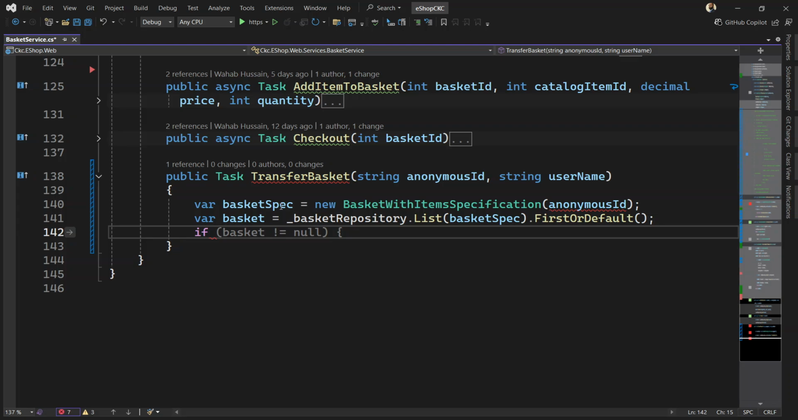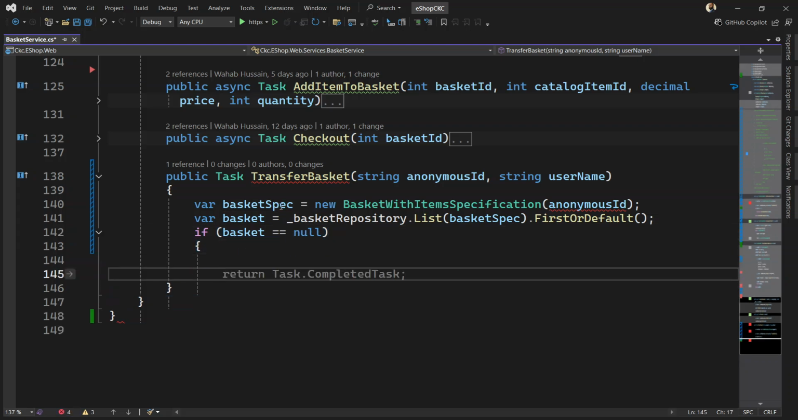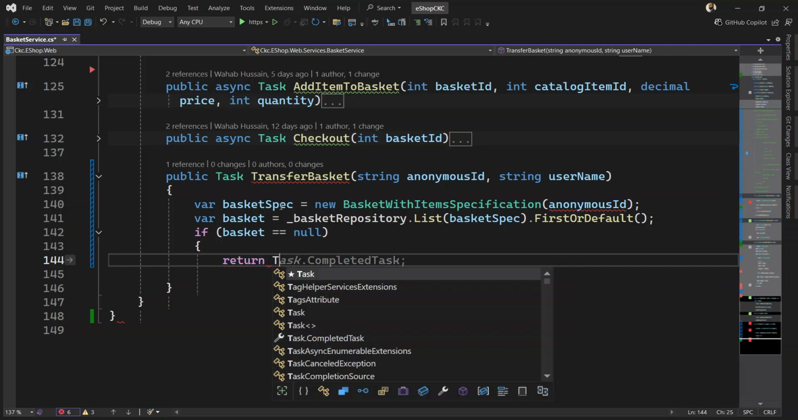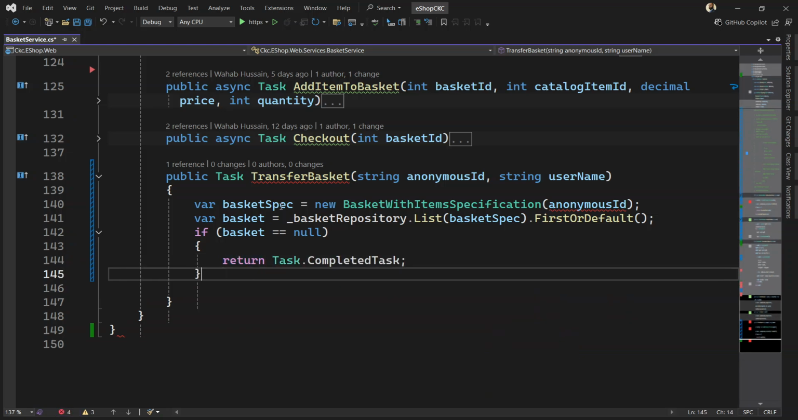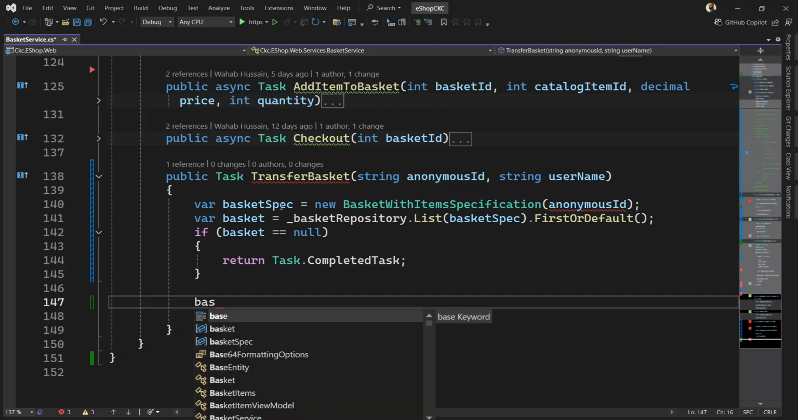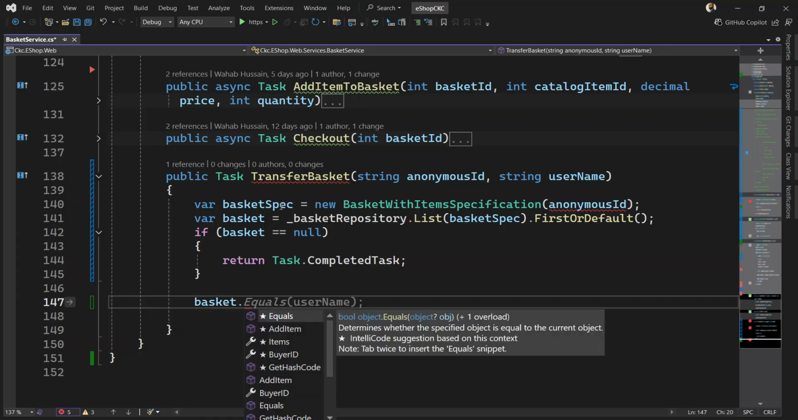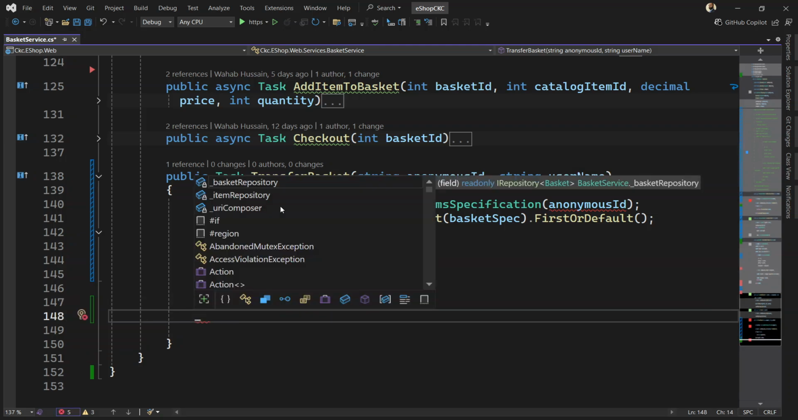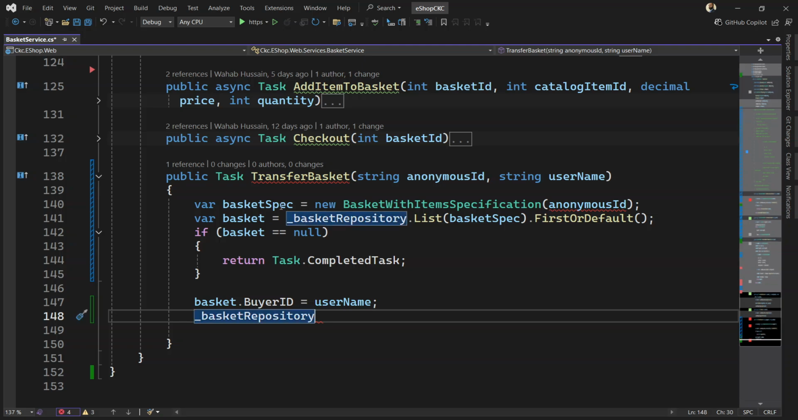Now we need to check if the basket is null. So let's check if it's null. If so, we just say that the task is completed because we are just returning a task, Task.CompletedTask. This way we are returning back. And if the basket does have something, let's do basket.BuyerId. We are going to set the basket buyer ID to the username, and then we are going to update the basket repository. So let's update the basket